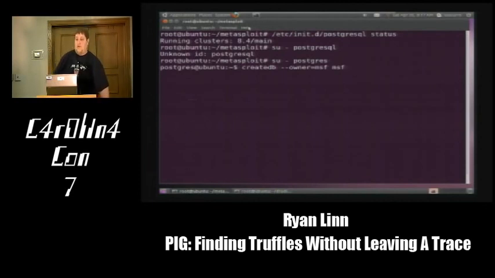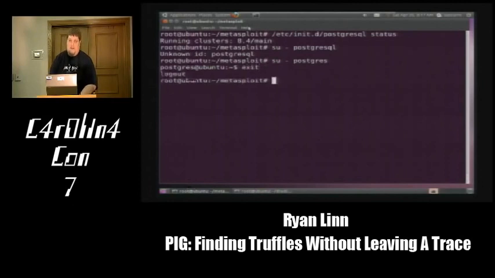We already created a user called MSF. Once you do create user MSF and follow that by your create DB, then you will have everything you need to go ahead and hook this up to the database.